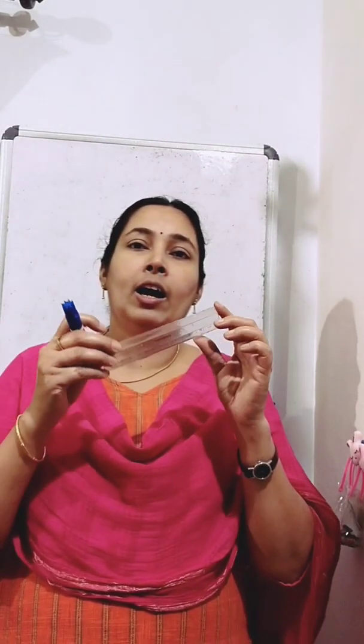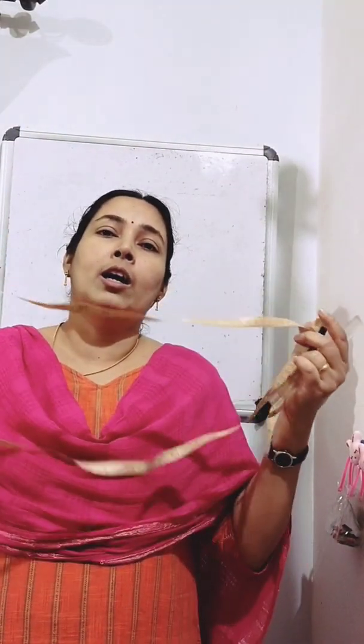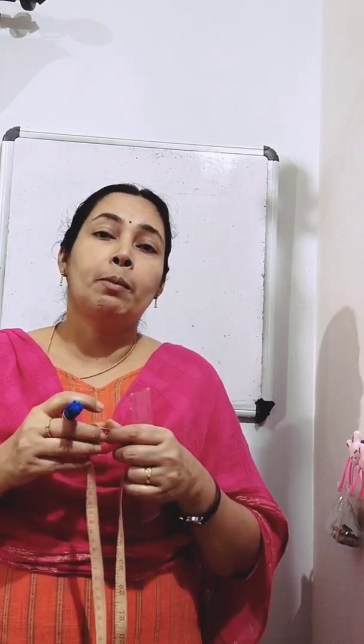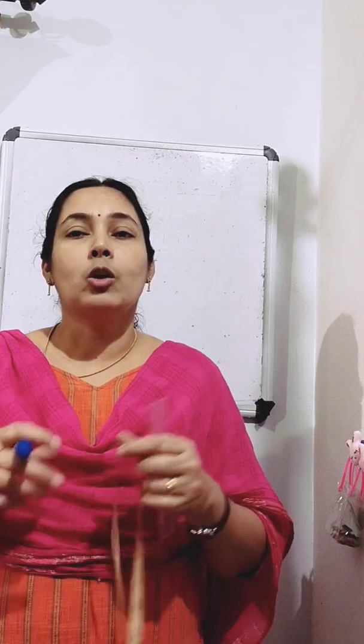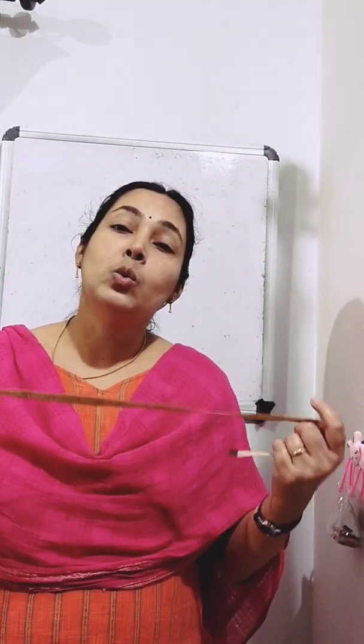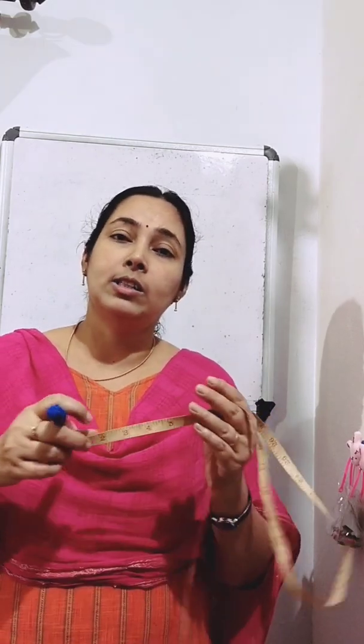We can use a meter scale for measuring the length, or we can see a tailor uses a tape for measuring the cloth and all, or a cloth merchant uses a meter rod and all. So for measuring the length of an object, we choose a suitable device. Based on the object, we will select what scale or measuring tape and all.